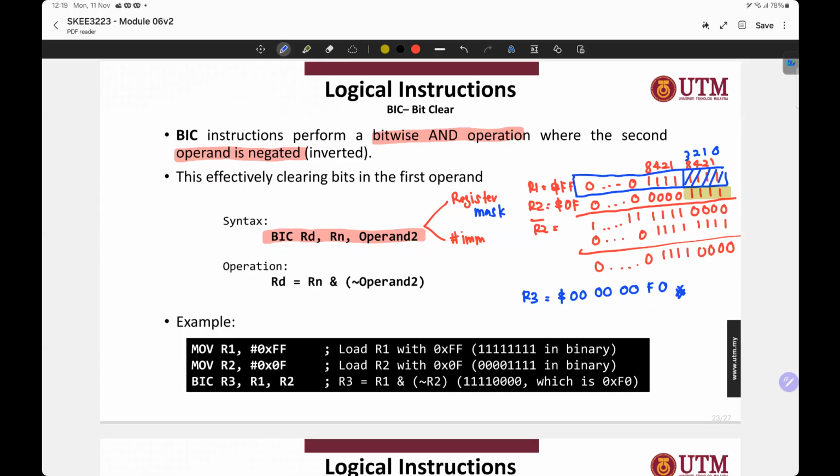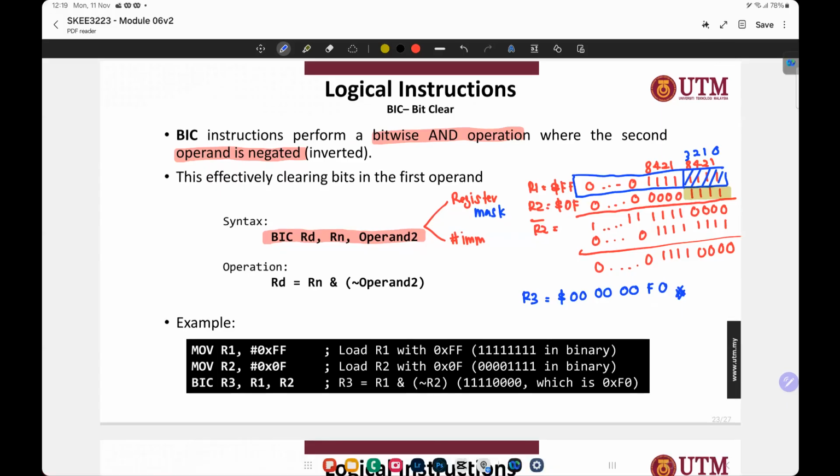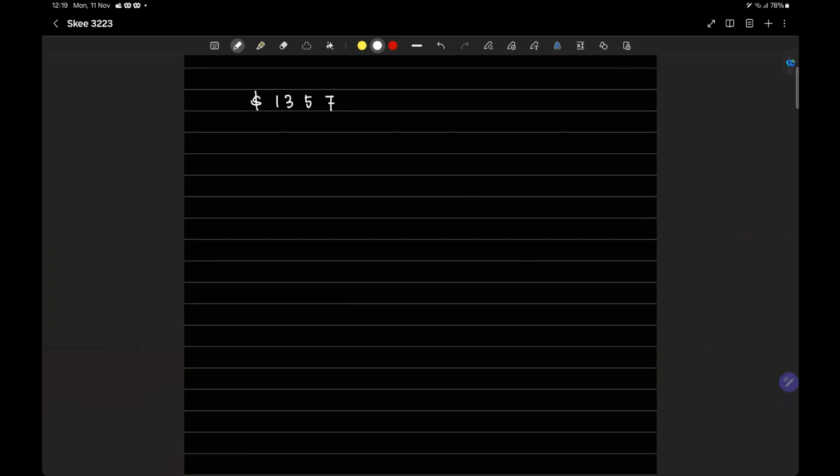Okay, so I give you another example. Let's say I have this value here. So I have this value 1357. If you change it to binary, you will get